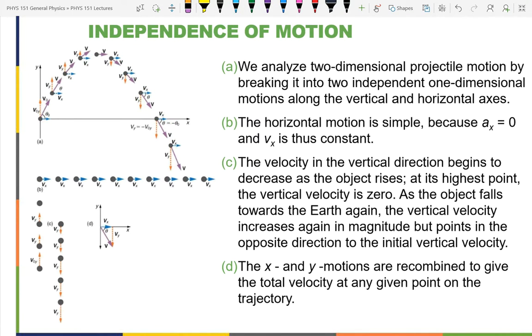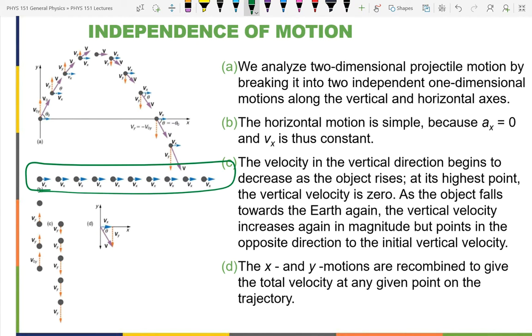So the picture down below, they broke them out and you see, look, those were constant. Just like we had on that pretest, you could take the horizontal motion and plot it out, and you see that the space between each one is the same distance for the same gap in time. Now in the vertical direction, you see that the vertical components, the orange, got smaller as it went up.